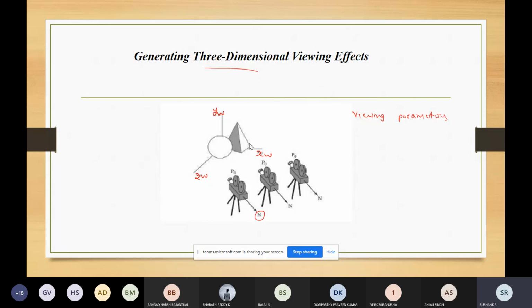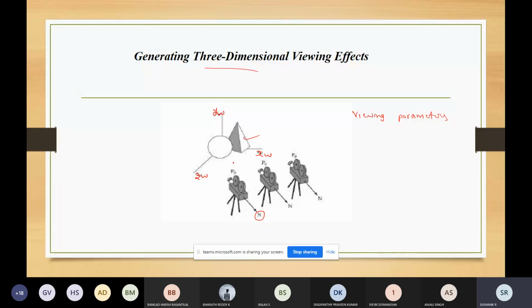If you take an example of any 3D object, like in CAD, the solid objects, you check it from the front side, top side, and sideways, and you calculate the projections and draw the lines based on your view. The same thing here: by varying the viewing parameters, you can obtain different views of an object for a scene.